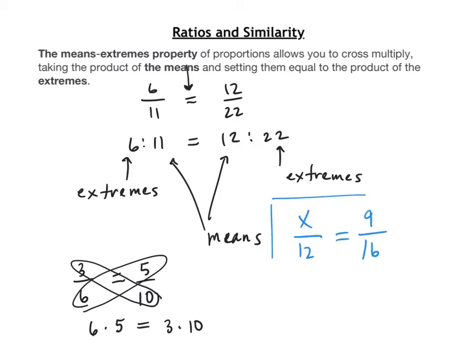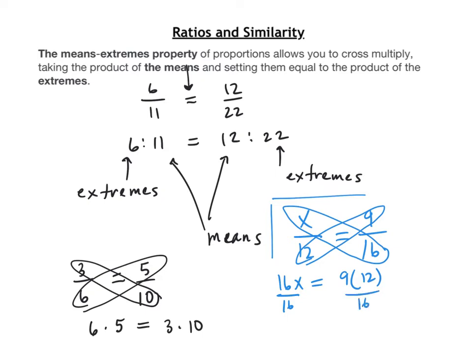If I had a proportion like x/12 equals 9/16, I can cross multiply: 16 times x, that's 16x, equals 9 times 12, which is 108. But watch what I'm going to do here. I'm going to divide both sides by 16. And before I multiply, I'm going to cancel. I notice that 16 and 12 are both divisible by 4. I'll divide by 4 and divide by 4, and I get 3 and 4. So x is